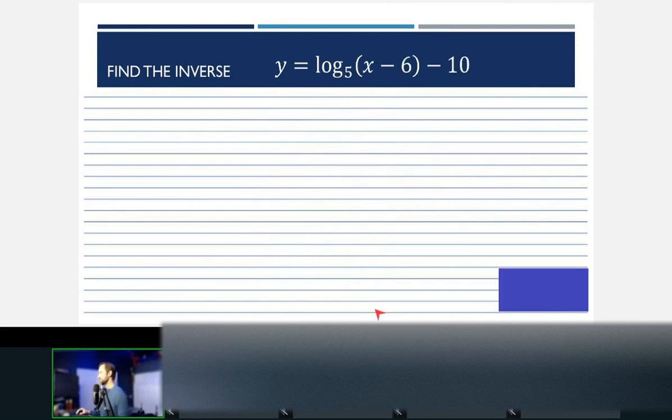All right, let's go the other direction. So now we want to find the inverse of this log equation. All right, what's our first step? Yeah, we switch x and y. So we get x equals